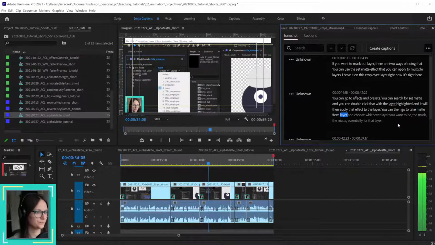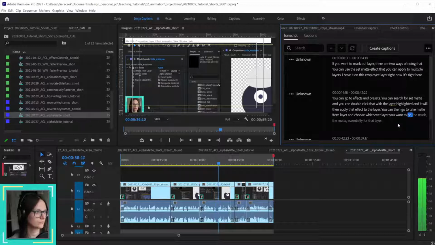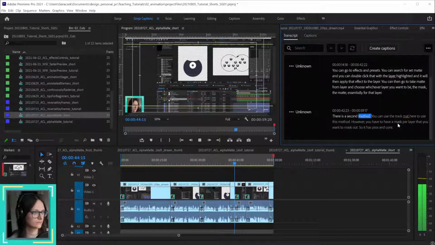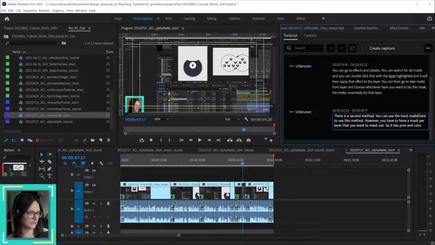Matte from layer, and choose whichever layer you want to be the mask, the matte, essentially, for that layer. There is a second method. You can use the Track Matte. Again,